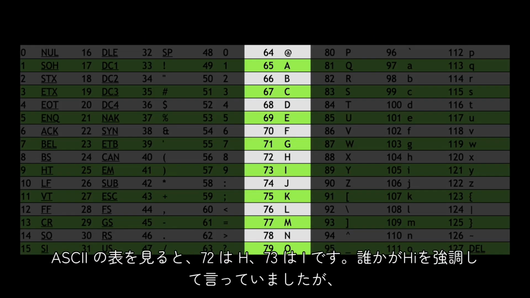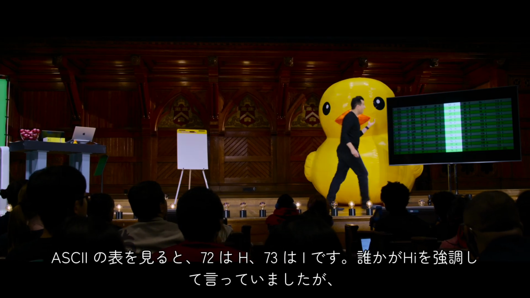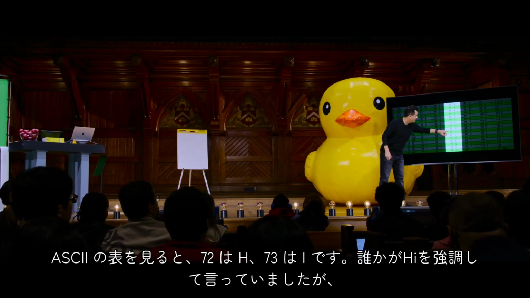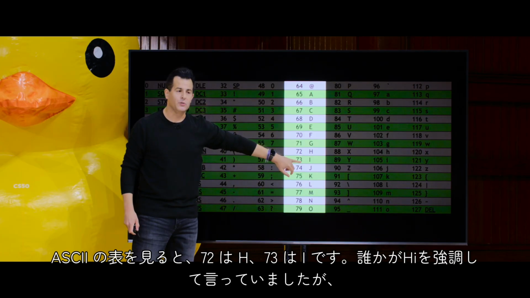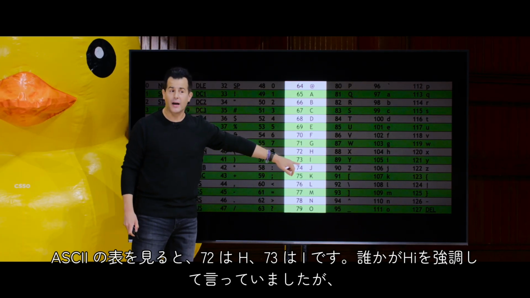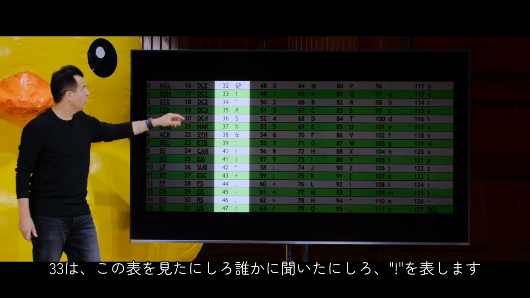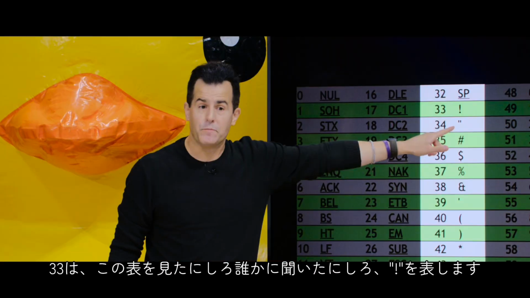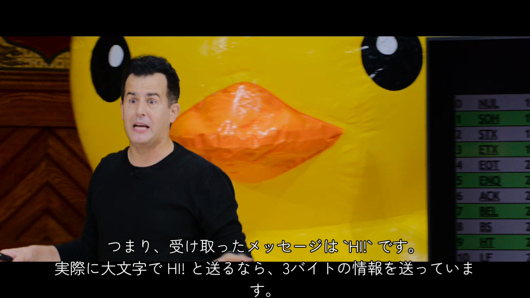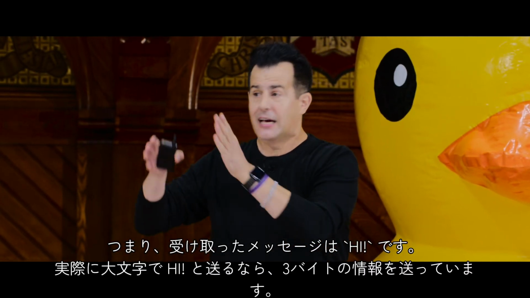Well, here's the cheat sheet again. What message did you just get? Yeah, so it's hi. Why? Because 72 is H and 73 is I. Now, some of you said hi fairly emphatically. Why? Well, 33, turns out, and you wouldn't know this unless you looked it up or someone told you, is an exclamation point. So literally, if you were to text someone right now, HI exclamation point in all caps,